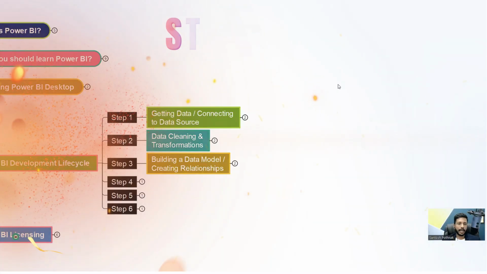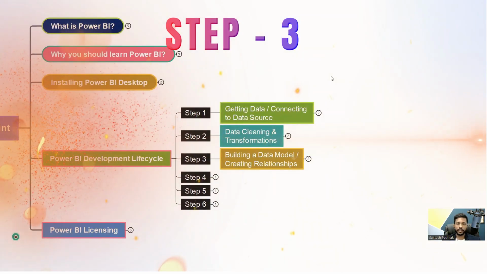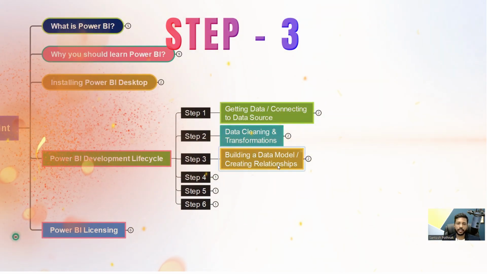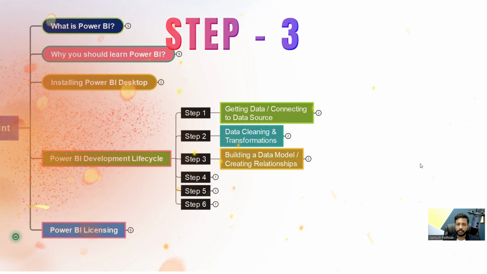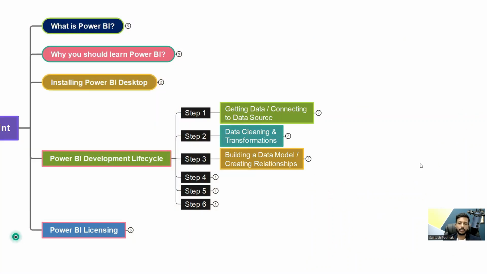Okay. Everyone, welcome back. In this video, we're going to understand what is step 3. So step 3 is basically building a data model, creating relationships. So what is a data model? Well, a data model is nothing but creating a relationship between multiple tables. Whenever you are dealing with multiple tables in your report, you might create relationships between those 2 tables or 3 tables, depending on your business requirement. So you need to understand the business, and then accordingly, using the common columns, you need to come up with